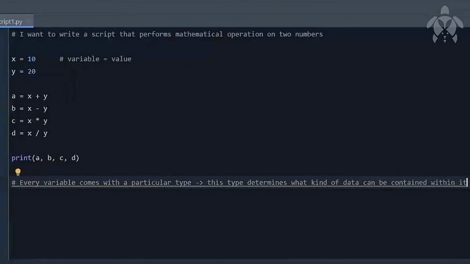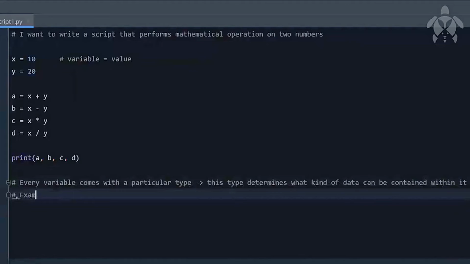If this doesn't make sense to you, let me give you a very cool example from a real life situation. Let's say we have one plate and one glass, and you have rice and milk. Which one will you keep where? You will keep rice on the plate and milk in the glass. I mean, you can do the opposite, but that doesn't quite make sense. You will typically put rice on the plate and milk in the glass.